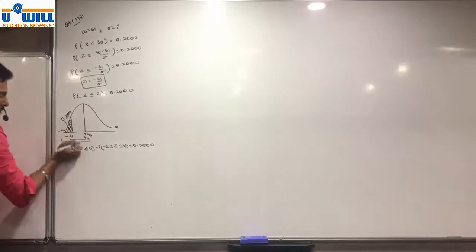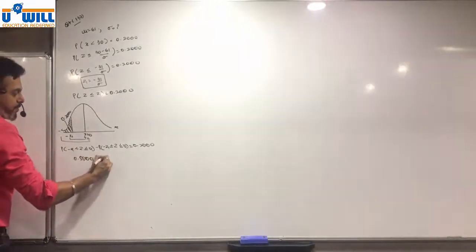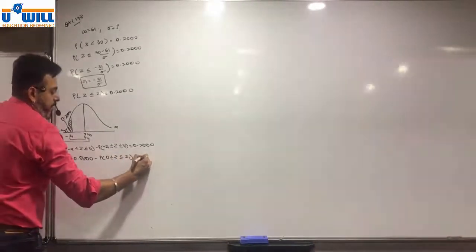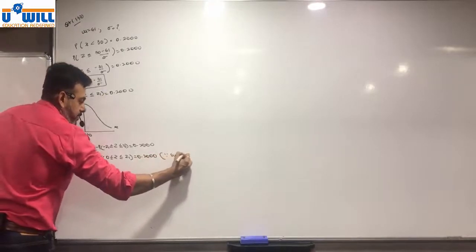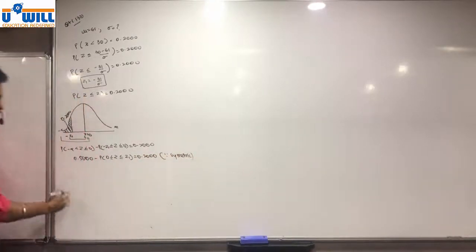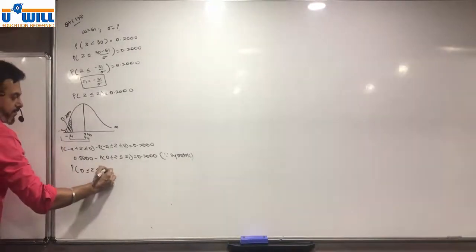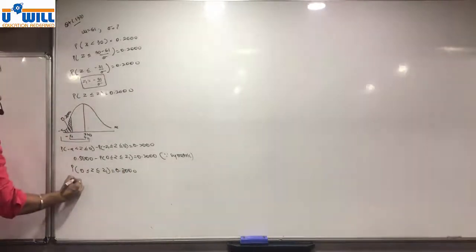This complete is 0.5000 minus probability of Z from 0 to Z1 is 0.2000, because it is symmetric. So probability of Z from 0 to Z1 is 0.3000. Using table,